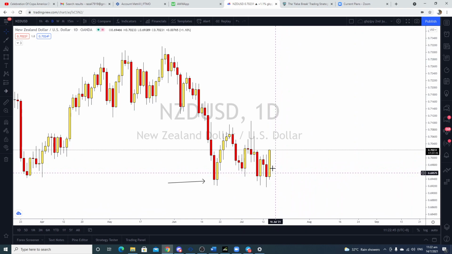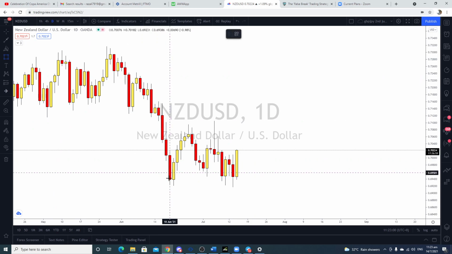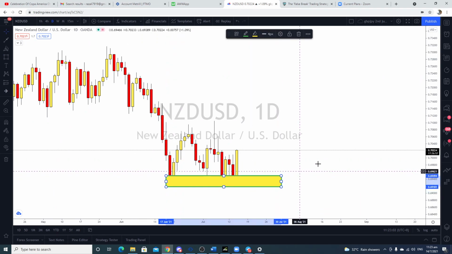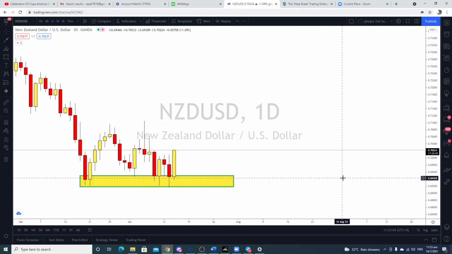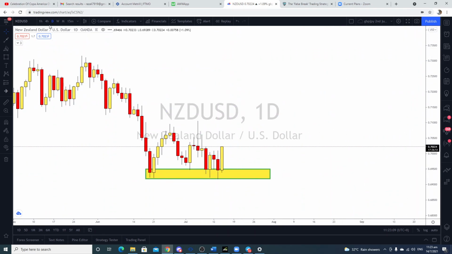But based on this being Wednesday, and based on last week's close, on Friday there's a false break of that previous daily candle and then a push up. So that gives me the idea, and just from this, you get the idea as to why I want to take a long. And then after I work out my demand zones, I look at the price action the market is doing, and that is where I enter.